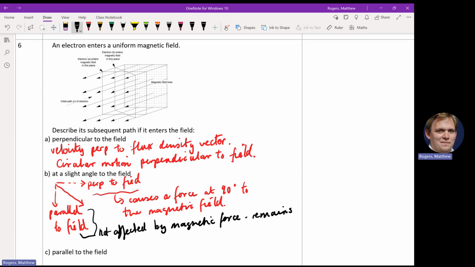The component parallel to the field is unaffected, so the motion is a spiral